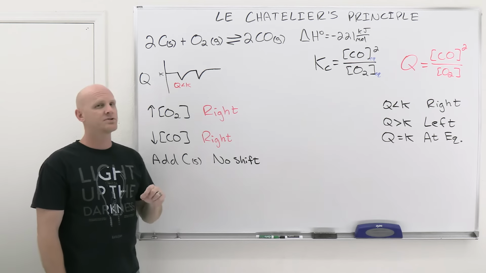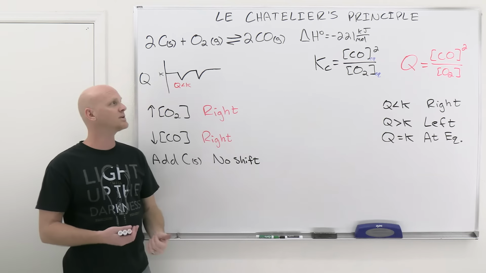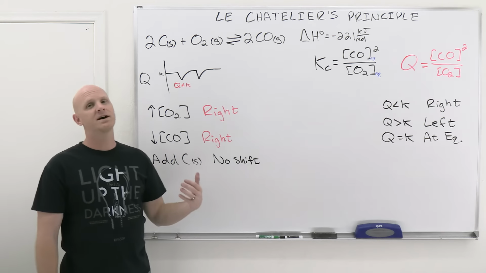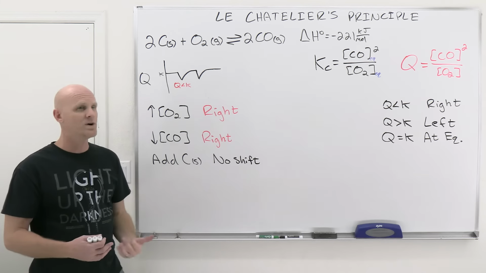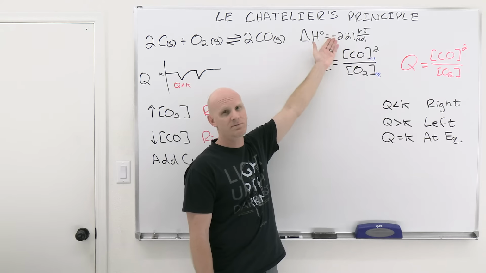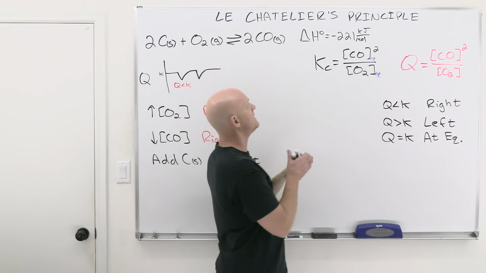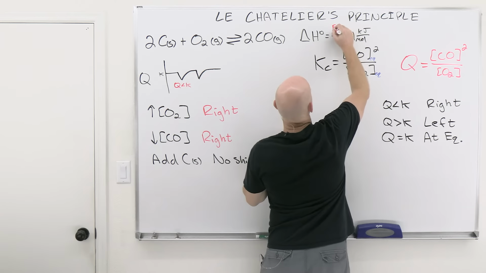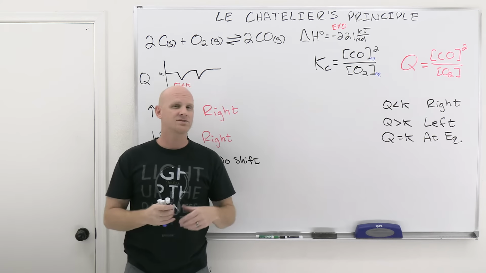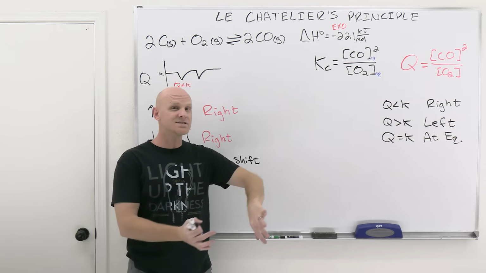Next thing I want to look at are the trickiest ones of all, and that's temperature and pressure effects. Students get a little tripped up on these, especially this temperature one, as we'll see. And temperature effects, to be able to evaluate which way they're going to cause a shift, you have to know if the reaction's endo or exothermic, and that's why I put delta H up here. Delta H is a negative number, and a negative number means it is an exothermic reaction. In an exothermic reaction, the hallmark is that it gives off heat, it releases heat, it produces heat,